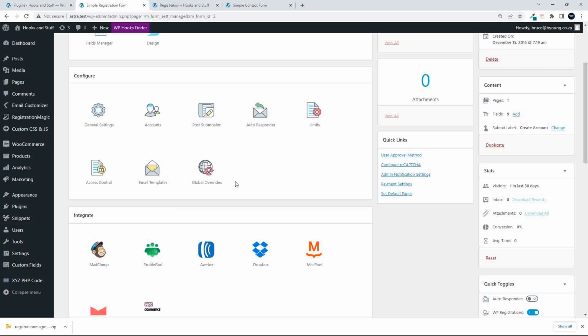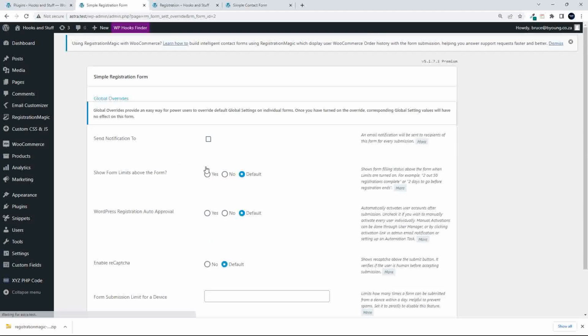And then we've got the global overrides. Now, we're just looking at the settings specific to a form. We haven't even got to the global settings. Now, to give you a small idea of what's available in the global settings, here you'll see, this is a global setting and now we want to override it. So here you can set up an